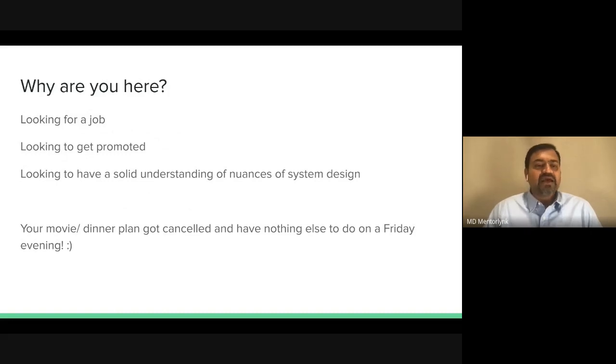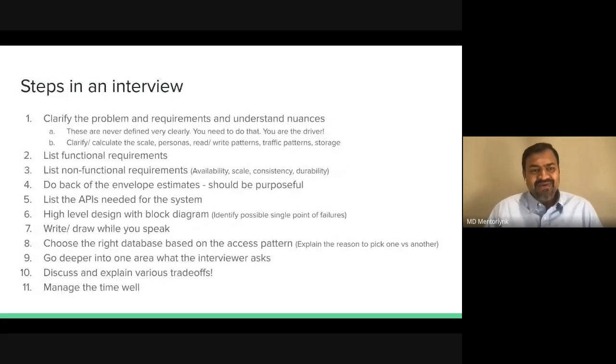And that counts a lot, because a lot of times when you're at work in your current position, you sort of get settled into, for lack of better terms, mediocrity, right? We kind of do our daily job, and we don't really look at it from a fresh angle, a fresh perspective. And sometimes by learning about these things, you are able to look at your current systems and ask very good questions, right? You're able to come up with a solid design yourself, and that helps you to get an edge. It helps you to get promoted, right? So we'll talk about those things.